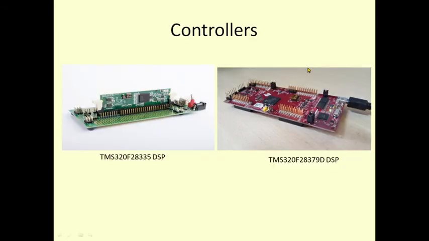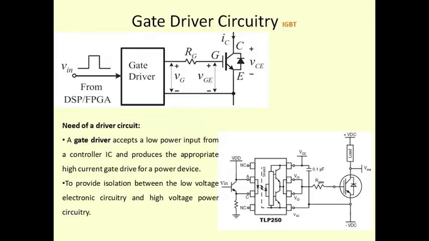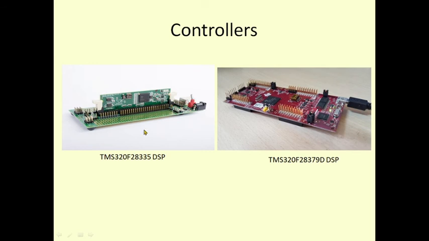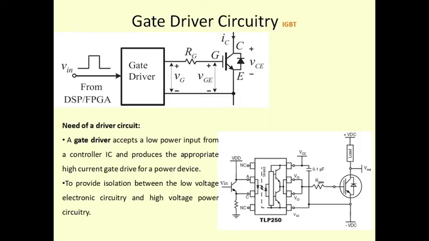Now the signal that is being generated through this digital controller cannot be directly given to the power electronic converter, that means the IGBT. If I take the DSP, this is the DSP, and at this pin we are generating, for example, a signal to turn on an IGBT. This is the turn on signal that is coming. I cannot give it directly to this gate of this IGBT. There are certain reasons to it.